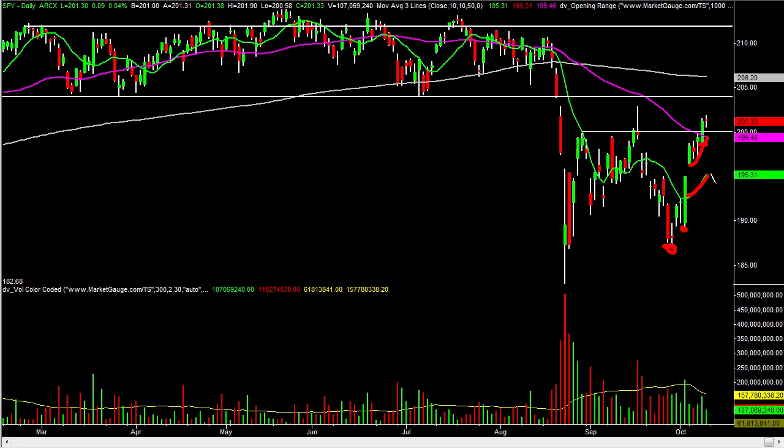And then the last thing would be to close below the green line here, which is the 10-day moving average, and then move lower. And it's at that point that I will start to think, okay, let's not forget about the fact that the VIX did get pulled down. Let's not forget about the fact that the McClellan did get overbought. All those things indicate that it was running out of steam, and now the price action is telling us that it is in fact running out of steam.